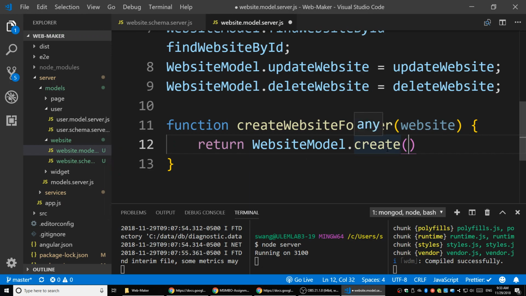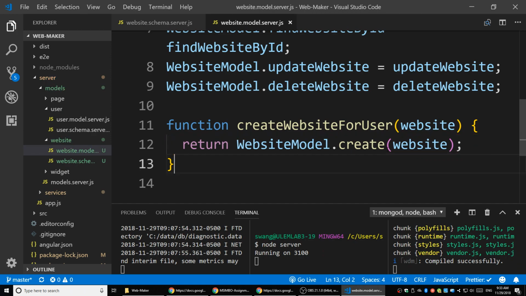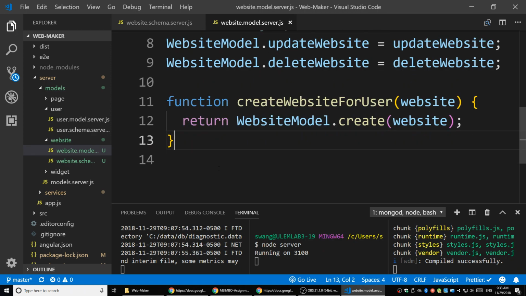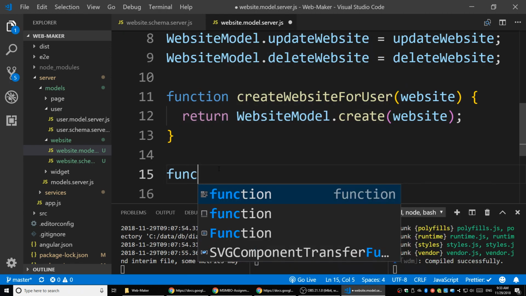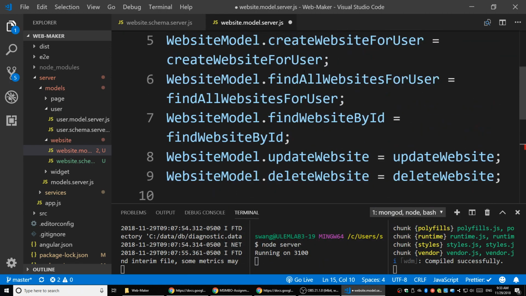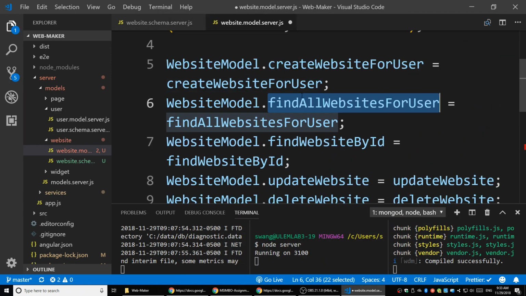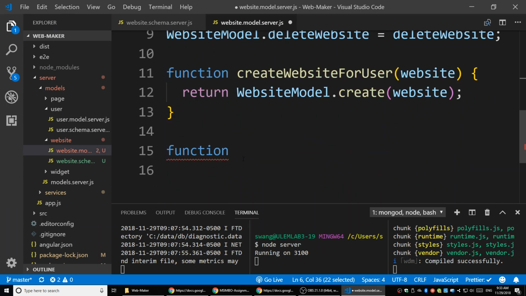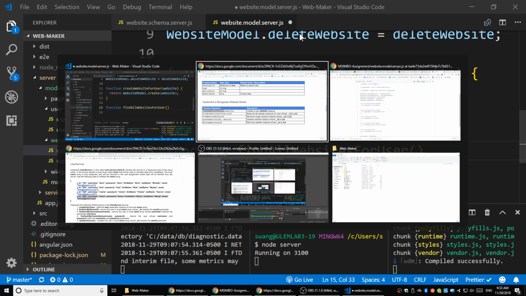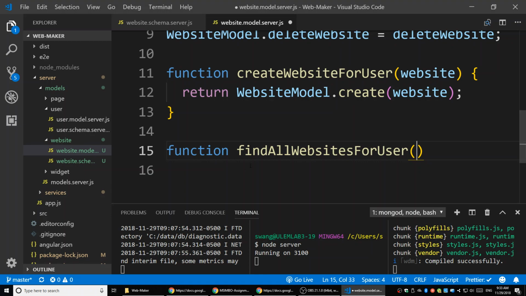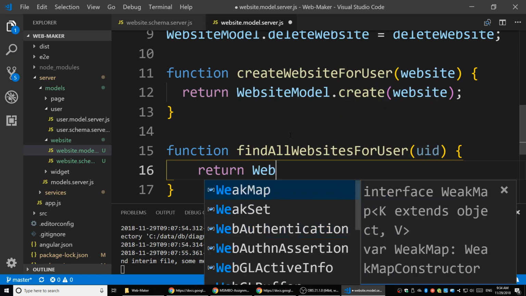We're trying to create a website. There are predefined functions for Mongoose. The second one is find all websites for user. So it's going to find more than one, so we're not going to use findOne. We're using find, which allows us to find more than one at once. It takes a user ID and looks for all the websites that match this user ID. So we're going to return website model